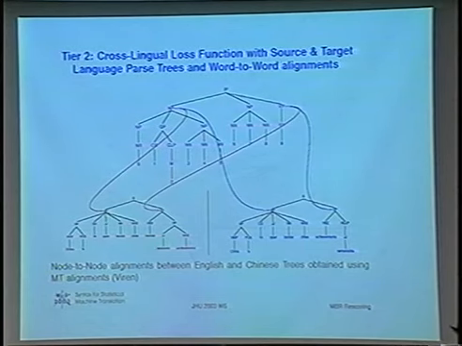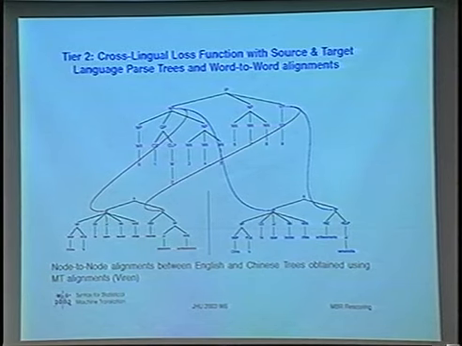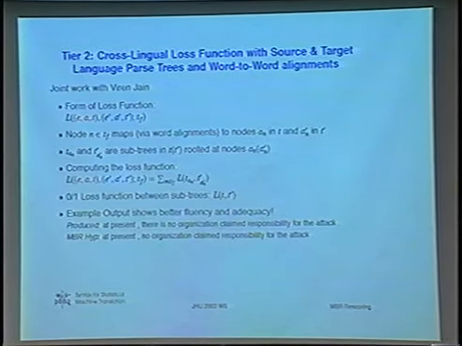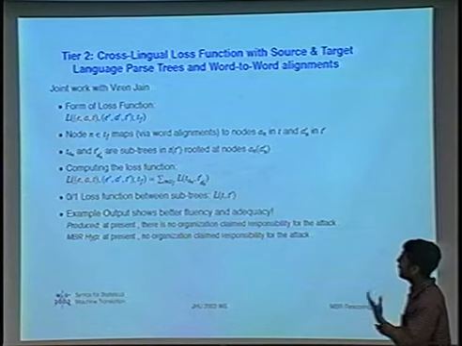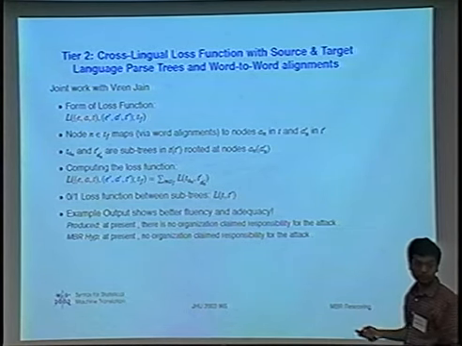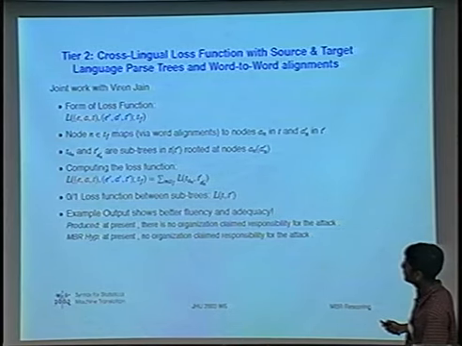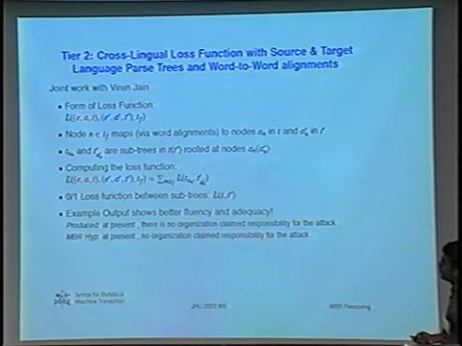So these node-to-node alignments were obtained not by a tree-to-tree alignment procedure, but in fact by a procedure based on word alignment. So assuming that we have this structure, the idea is now to come up with a loss function that makes use of this structure. This is joint work with Viren. And the form of the loss function now involves all the variables that I put up in the first slide. Namely, we have the reference, consisting of the reference translation, alignment, and a parse tree. And the hypothesis also has the translation, alignment to the source, and the parse tree. Plus, we have the source parse tree as well.